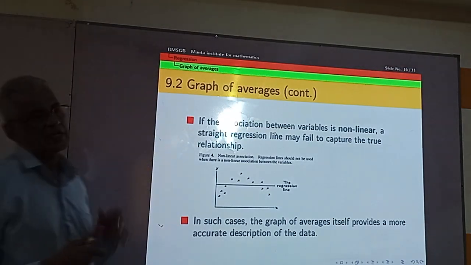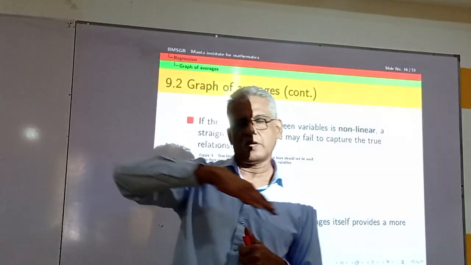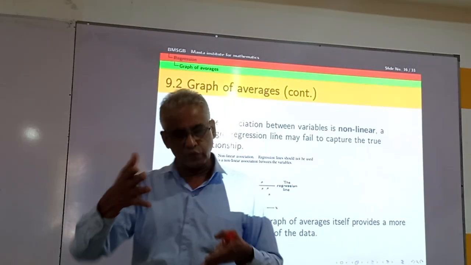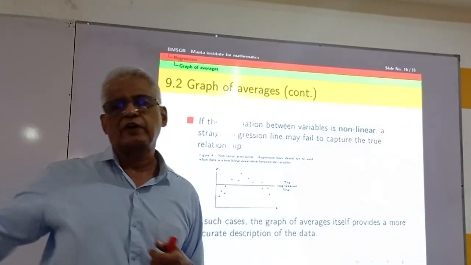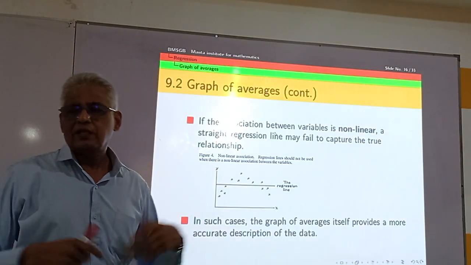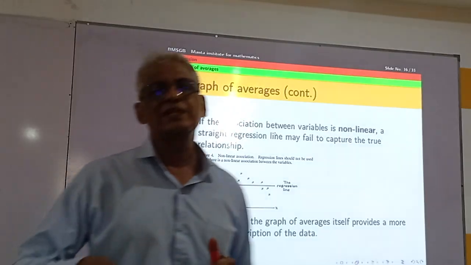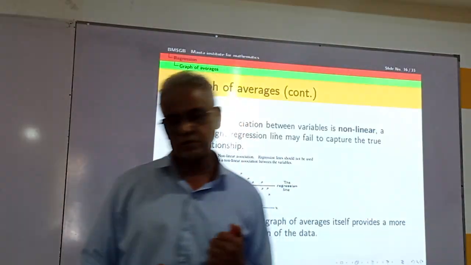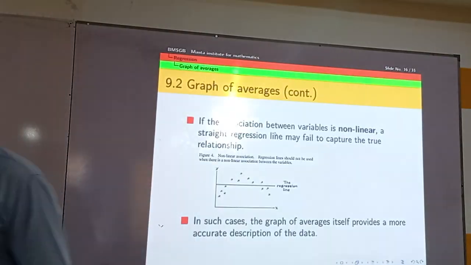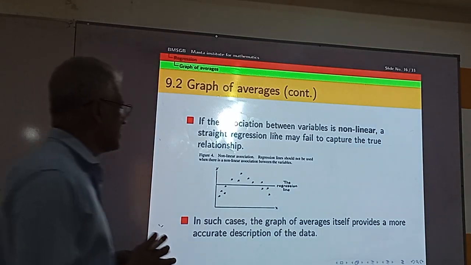So the main thing is that when you have data, you can calculate the point of averages. If the point of averages are not along a straight line, then you should not use the linear regression method, right? In that case, you usually have to use some other method, or sometimes people